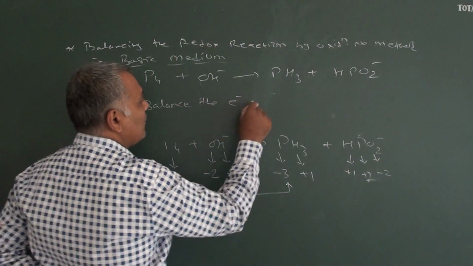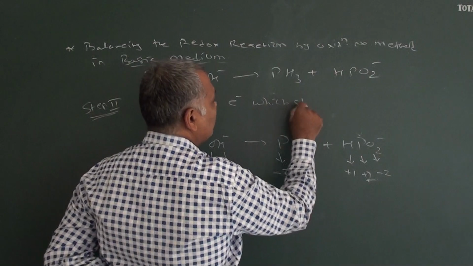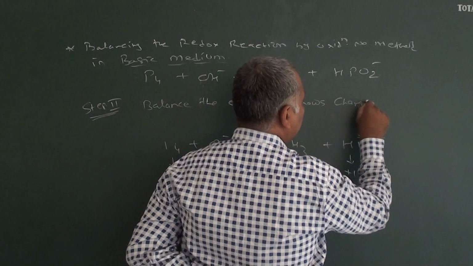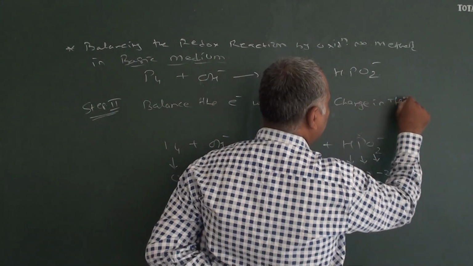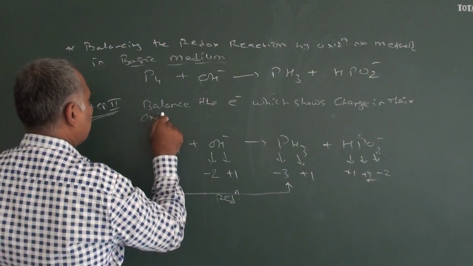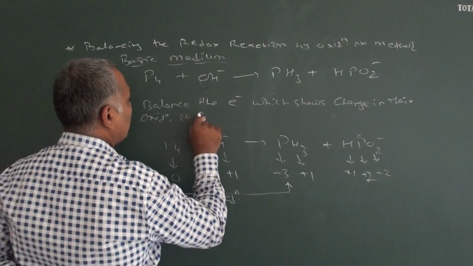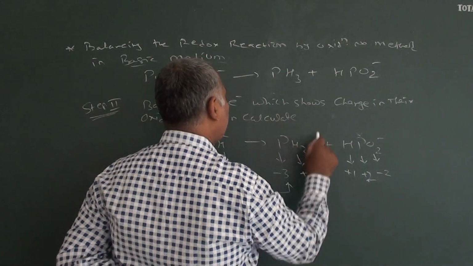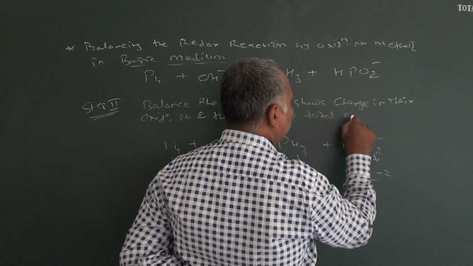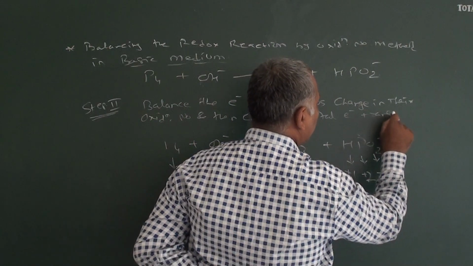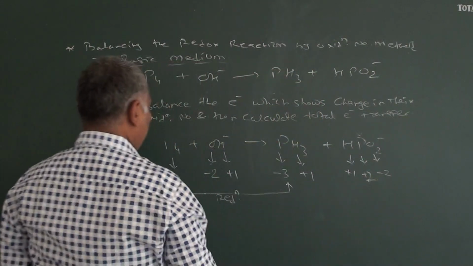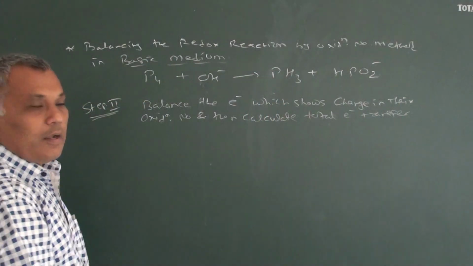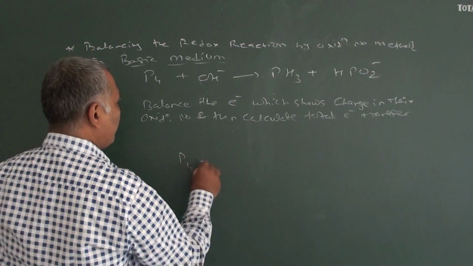Balance the element which shows change in the oxidation number, and then calculate total electron transfer. That means again now what I will have to do is I will have to run that reaction: P4